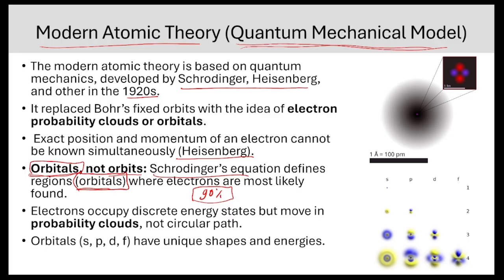We can see in this image that within this small section, the darkness of this fuzzy cloud is the highest, meaning the probability of electrons being in this section is represented by the darkness of the color. So we can say around 90% of the electrons of this particular atom will be within this section,